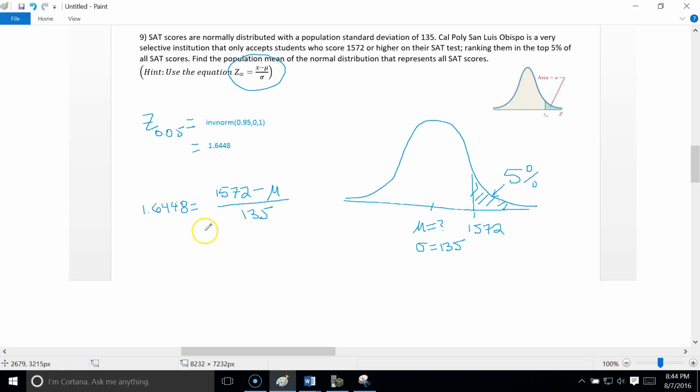We need to multiply both sides by 135, and then we need to add mu to this side and then subtract that difference over here. So if we do all that, we'll end up with mu is equal to